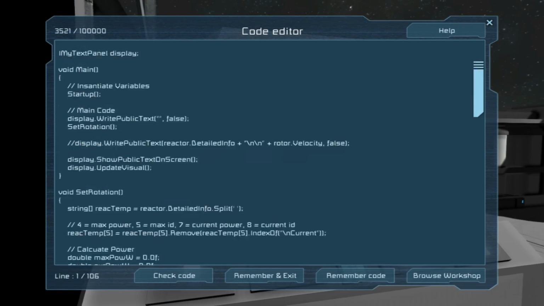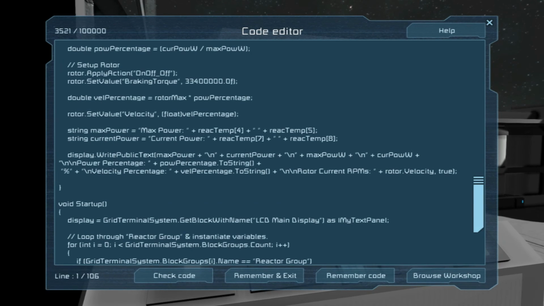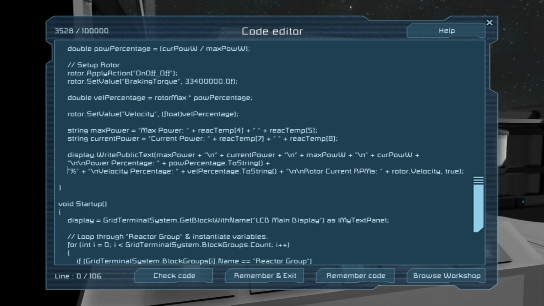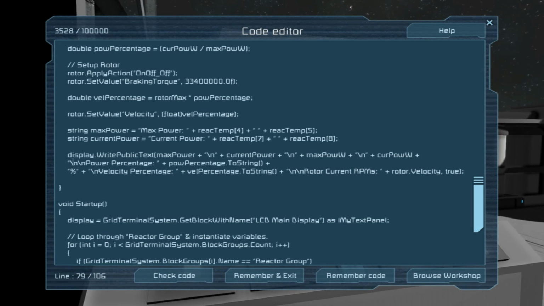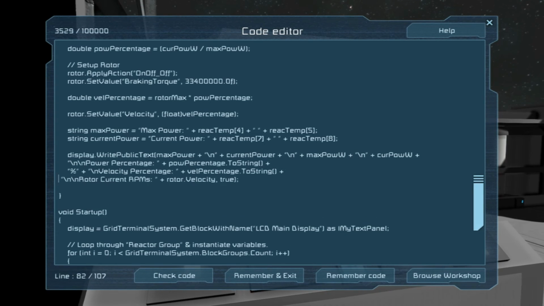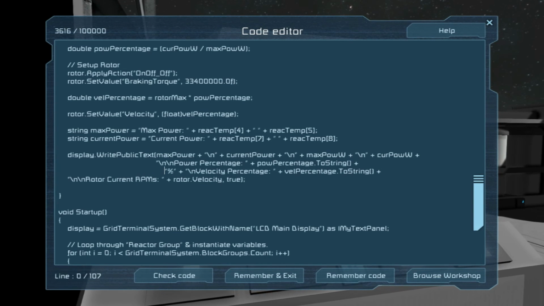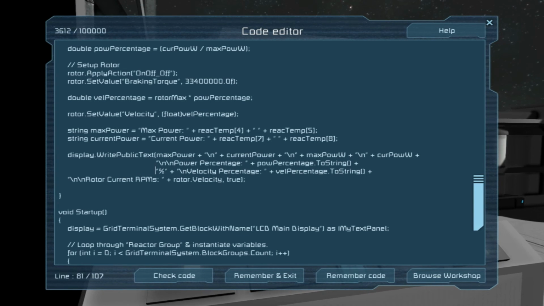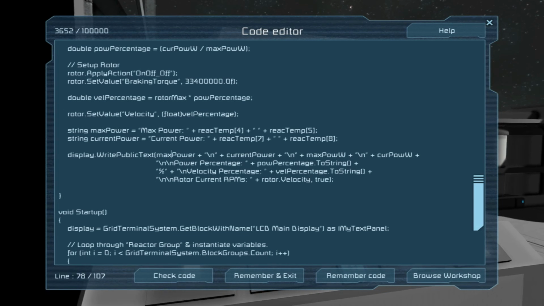So with that in mind, we have one final piece of code to add. I did break this up just a hair, because if it's past the plus sign, you're basically allowed to break it up and it's okay, I guess. I forgot how some of that worked. Some things you can get away with, some things you can't. So I broke this up so it's a little easier to see. Actually, what we can do, and what's typical, is to basically tab this over until it's under the maximum power thing. There we go. That's a little easier to read, I think.